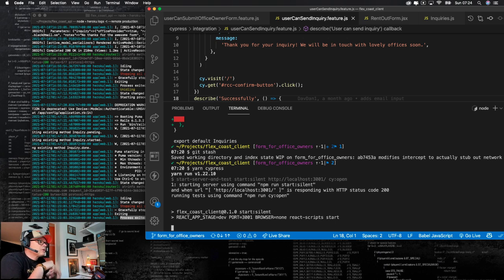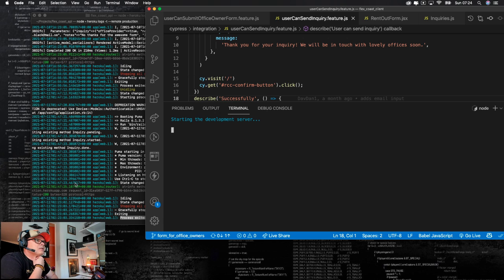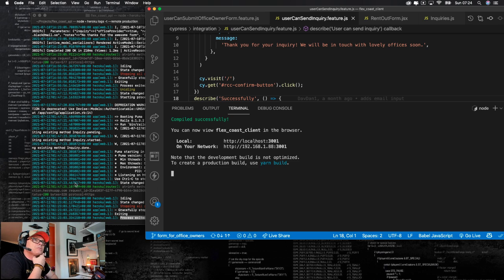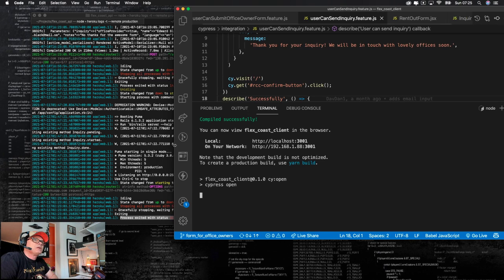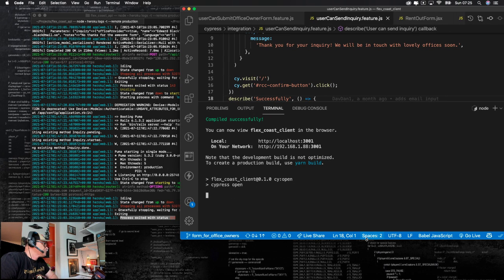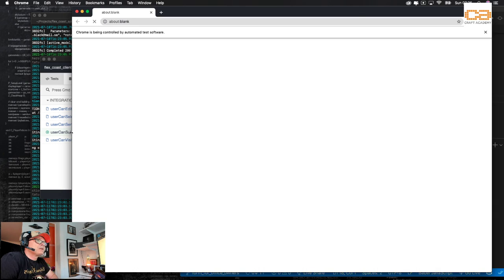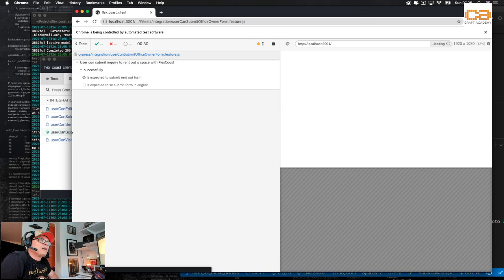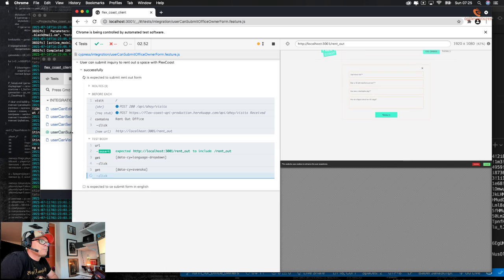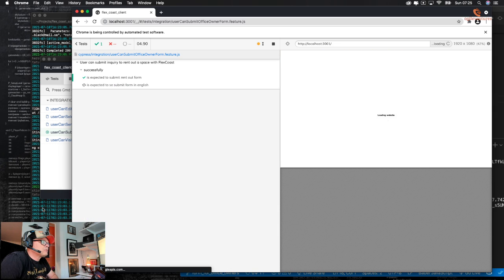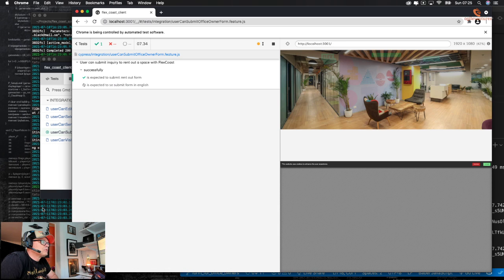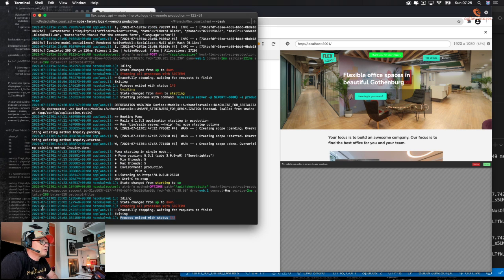Let's see if we are actually hitting that service somehow or not, because I think that there is a problem in our code that actually hits the real server somehow, but I'm not sure if it does or not.